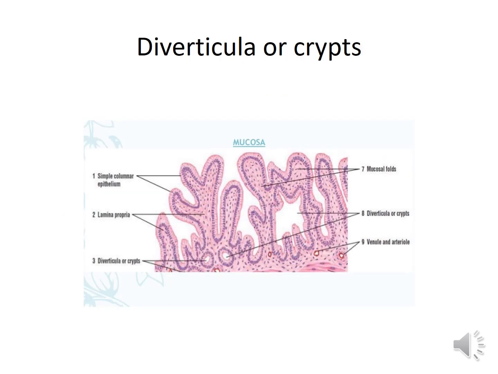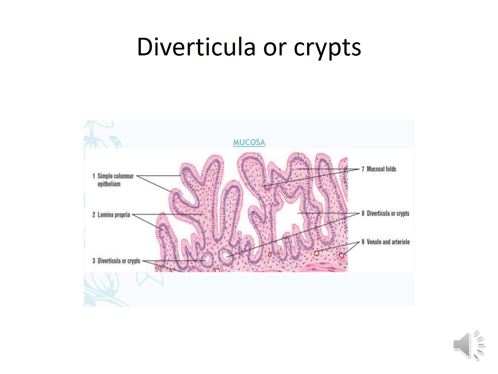Although I have told you that there are no glands in the mucosa of the gallbladder, in the mucosal folds are found diverticula or crypts that resemble glands, but they are not glands. They are deep indentations in the mucosa. In cross section, the diverticula or crypts in the lamina propria resemble tubular glands. However, there are no glands. These are just the indented part of the mucosa of the folds in the lamina propria.